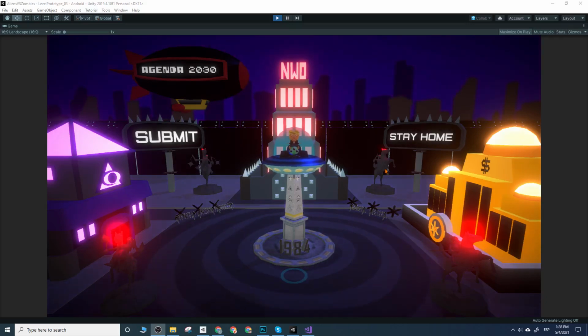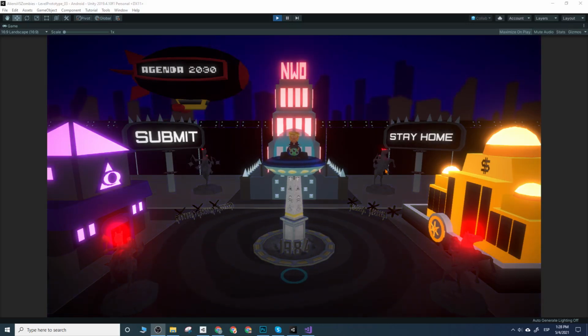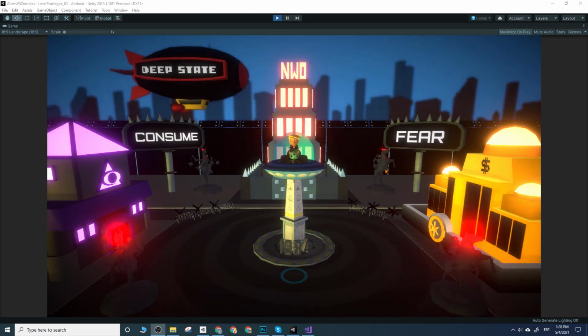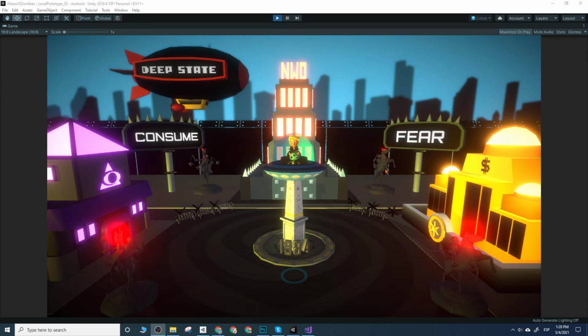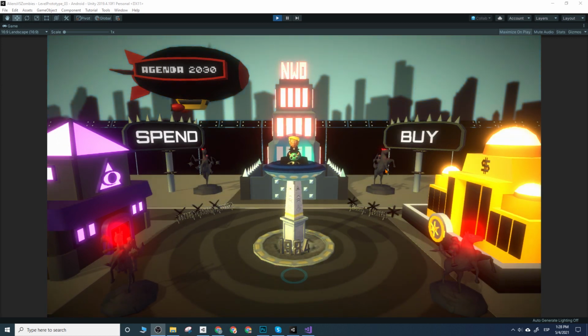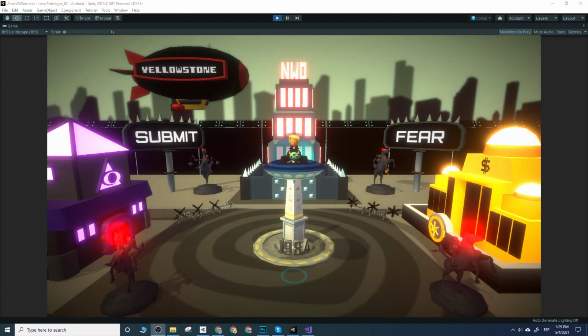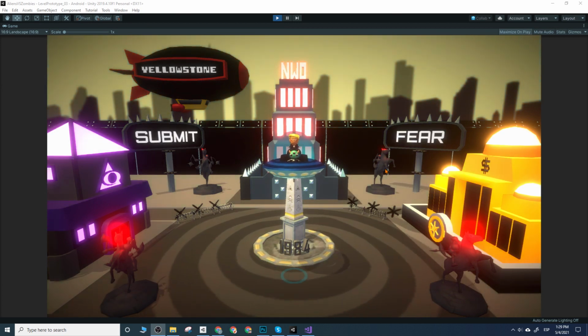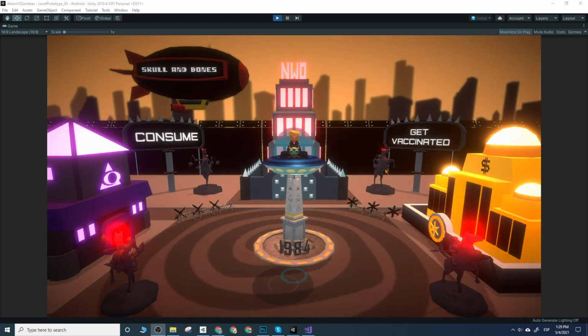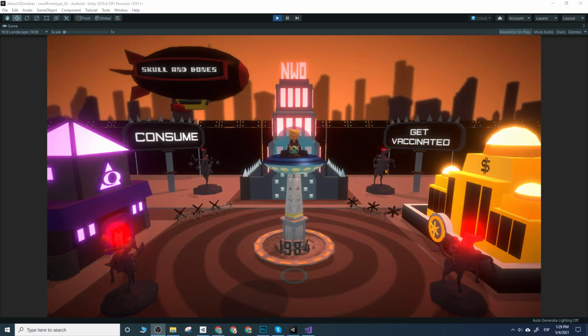Okay, here's the update for the weather manager. It's basically part two of this object or script. As you can see, the daylight, the night and day cycle is already working. I showed you in the previous video, but now this object is also the one in charge of changing the weather conditions. So right now we have